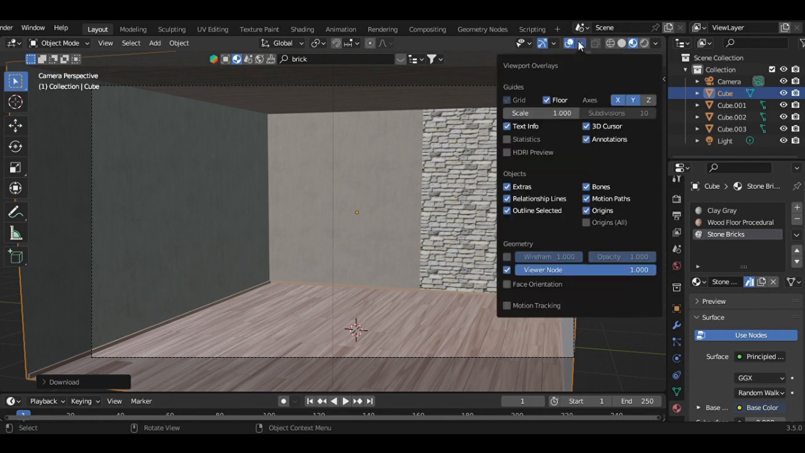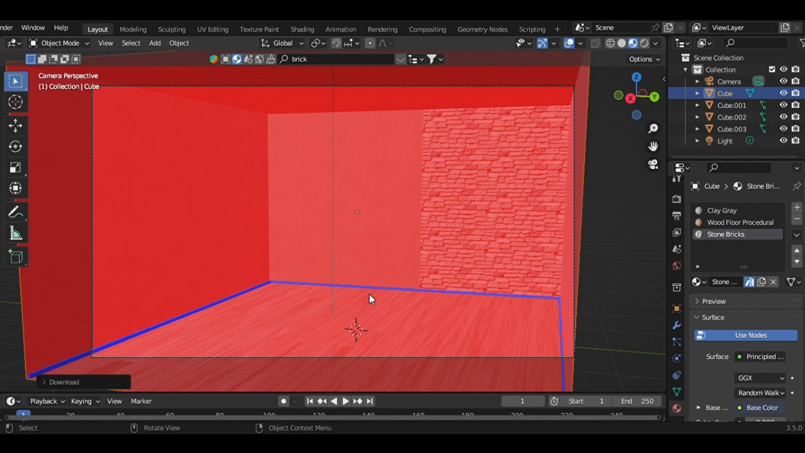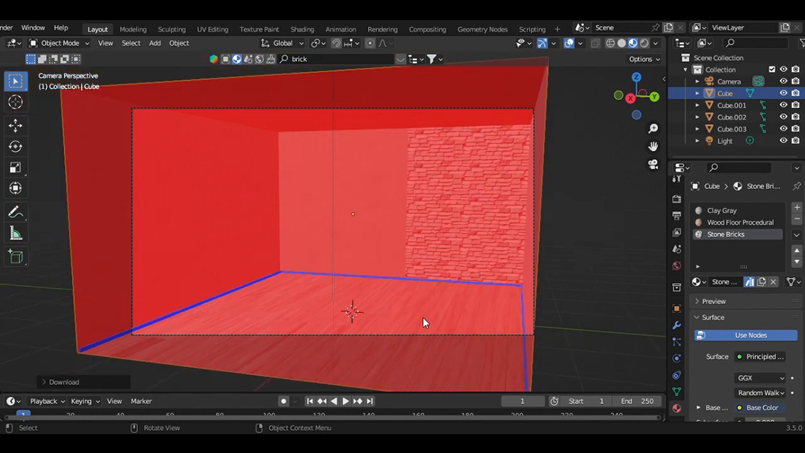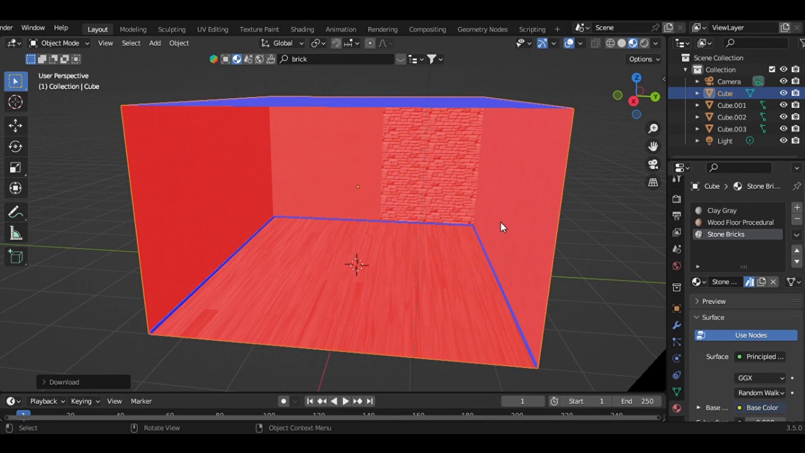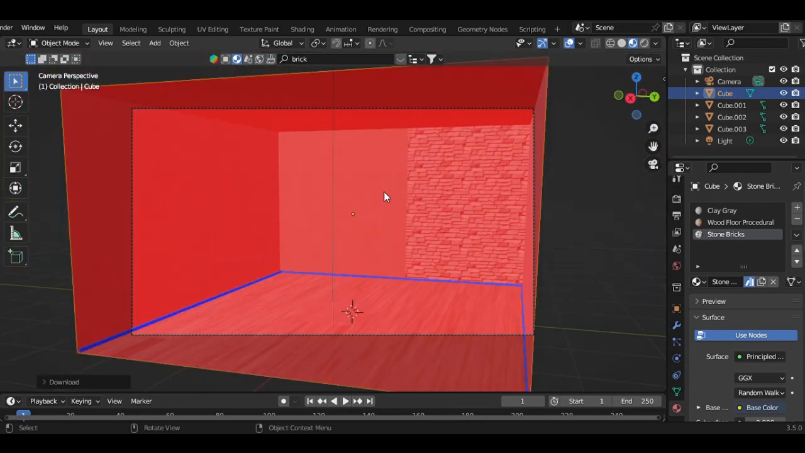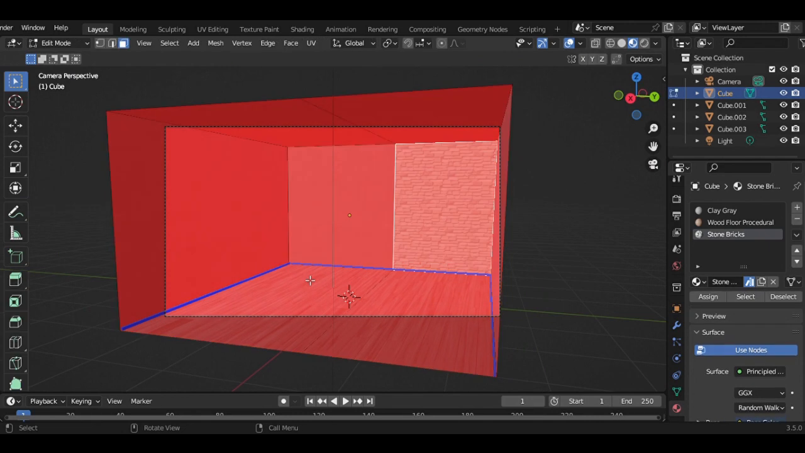So what you can do is just come up here, and then just click on face orientation. And then you'll notice there is a bunch of red on the entire cube. And this is actually supposed to be blue. See, it's blue on the outside, but on the inside it's red. So what we gotta do is just flip that around. So you wanna hit Tab to go into edit mode, and select everything, and then Control Shift N, and that'll